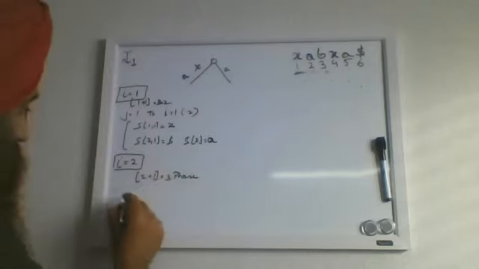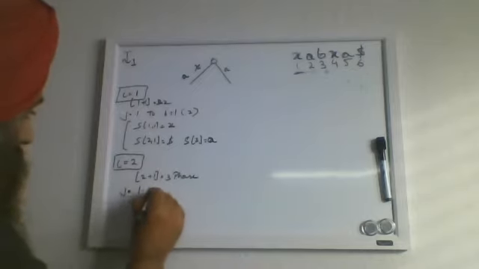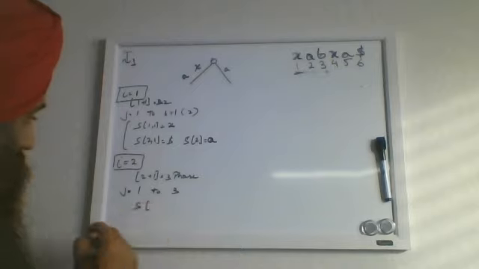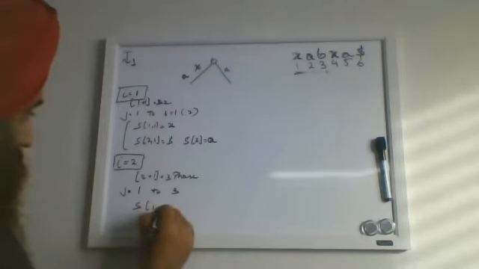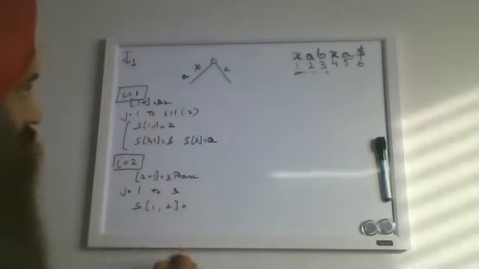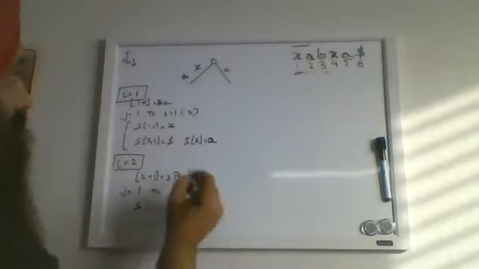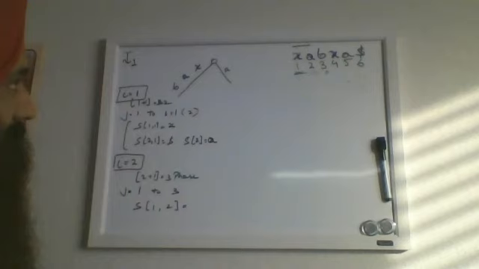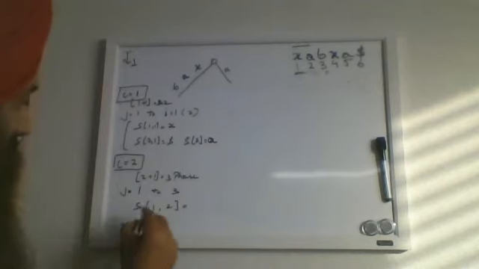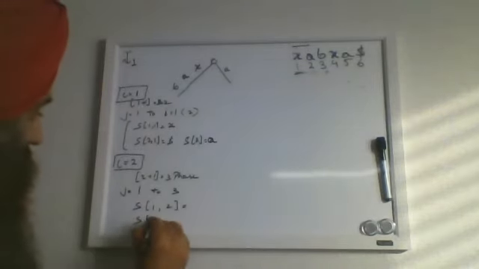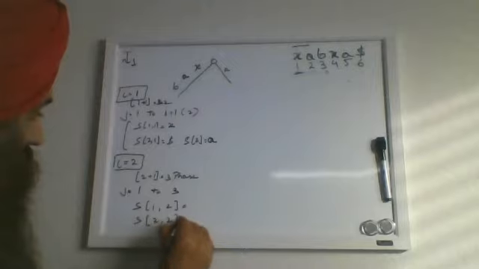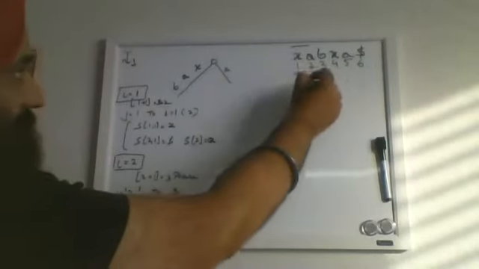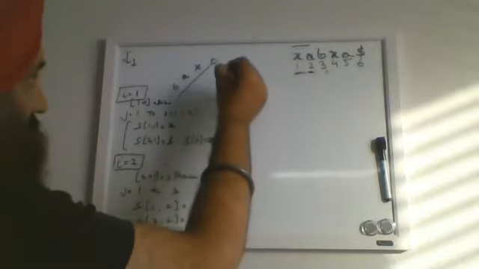Third phase begins. Your value of j will be 1, 2, 3. First you pick up string S[1..2]. 1 to 2 means XA. You see XA is present, so you extend it by rule 1 application. Then you pick up S[2..2], which is A. You see A is already present, so you extend it by B.